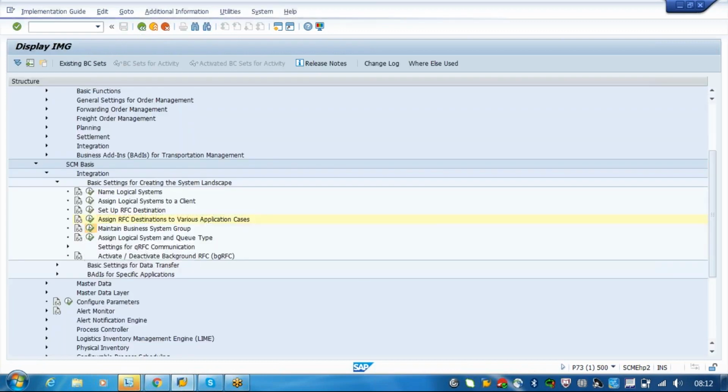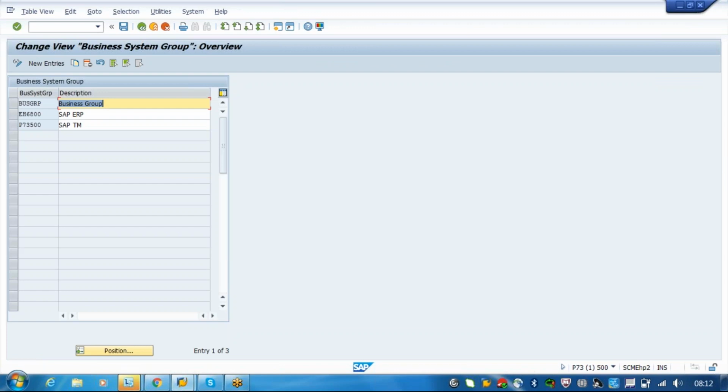If you have multiple feeder systems, as I said, they should always be linked to one business group. That business group you are creating here. Through this business group only the data will be replicated. The purpose of the business group is this: let's say you have one customer in the R3 system, and the same TM server is also connected to some GTS system, and there we also have a customer called 1000, and in R3 we also have a customer called 1000.